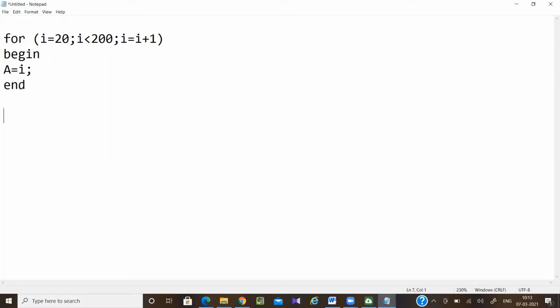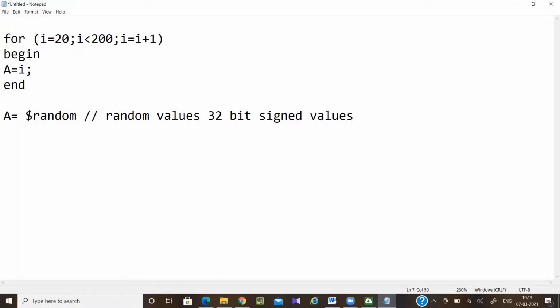So here there is a formula. Remember that whenever you are generating any value, we simply write $random. $random will generate simple random values. Remember, it is a 32-bit signed value, meaning it can generate negative values.